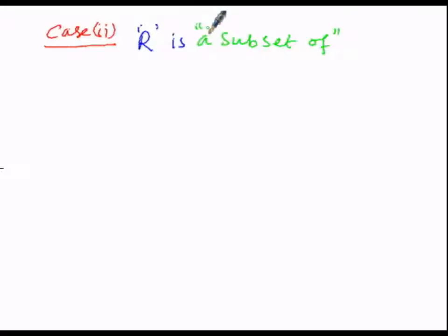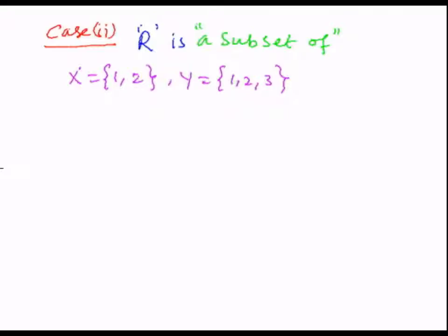So in our case number 2, to be a symmetric one, here the given relation R is a subset of. But here let us consider the two sets, that is x, the elements of x are 1 comma 2, then the second one y is equal to 1 comma 2 comma 3.